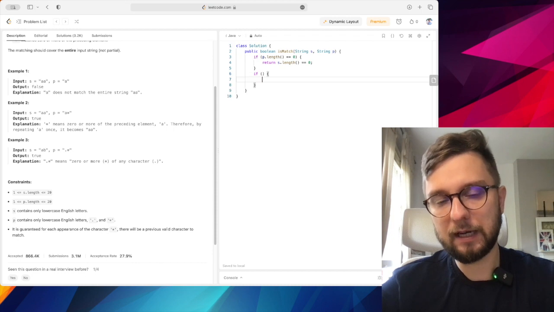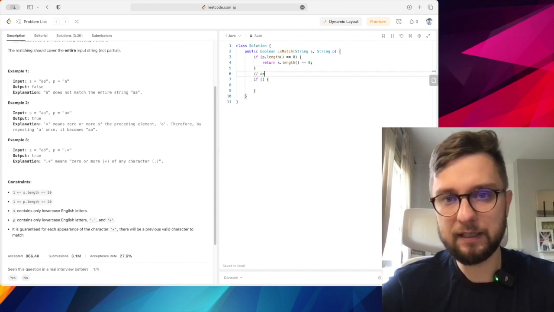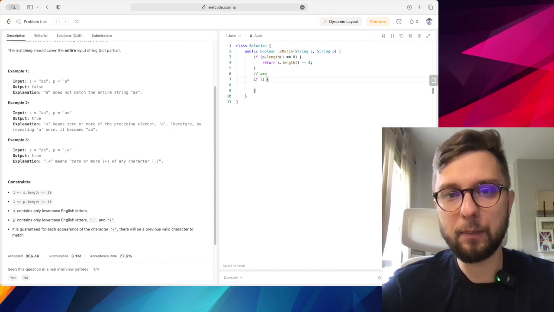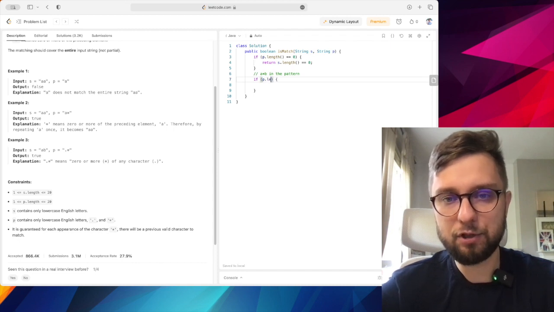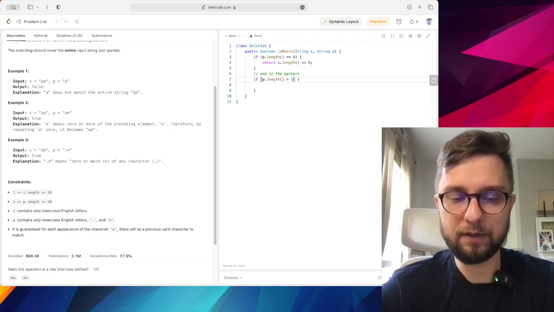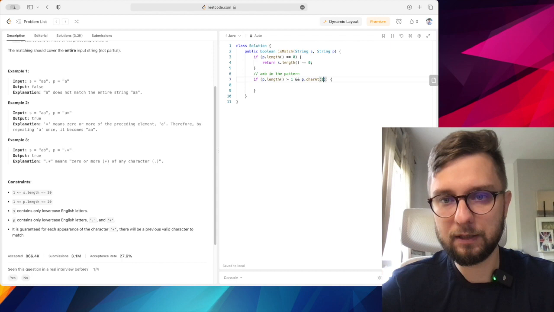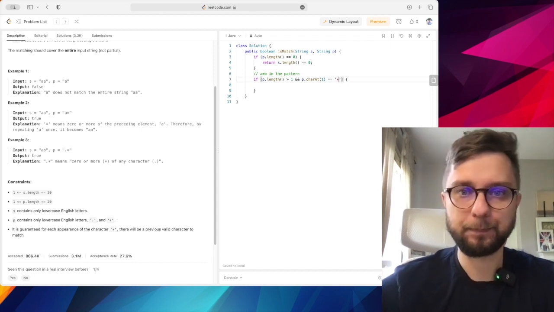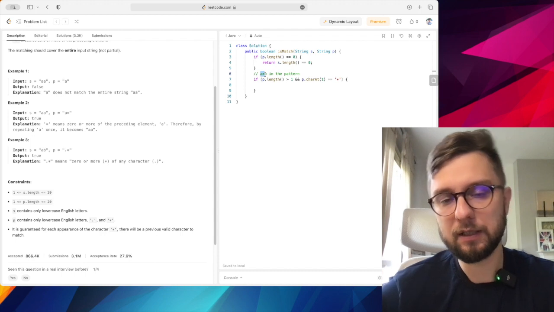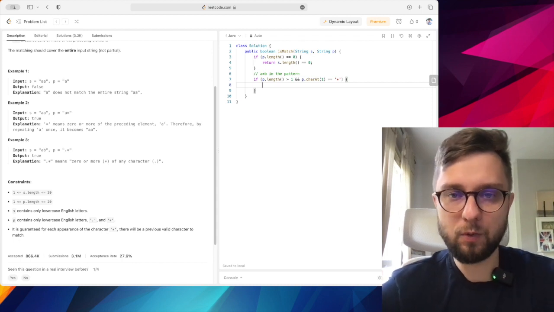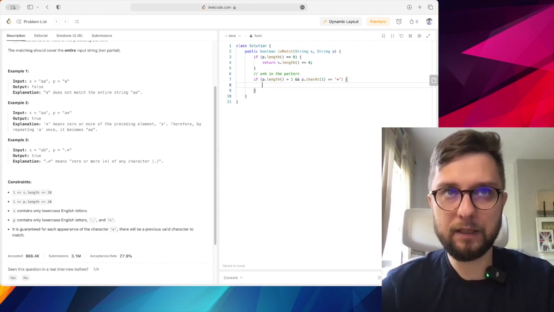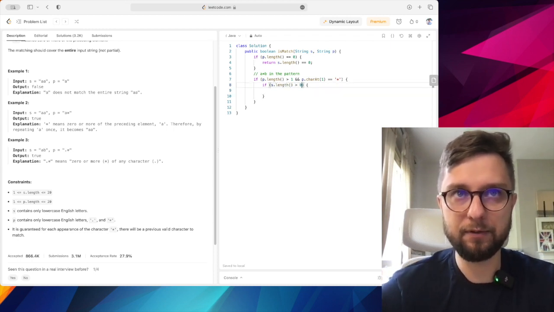Okay, next part, I need to cover scenarios like this, A asterisk B in my pattern. In this scenario, I need to check that my pattern is longer than 1, so it has at least 2 characters, and the second character, P char at 1, is an asterisk. So it checks that A and asterisk are the 2 first characters in my pattern. What else do I need to do? In case the length of the string is bigger than 0,